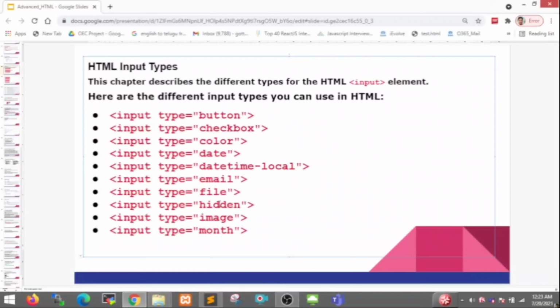We can hide that ID value using input type equal to hidden. Input type equal to image is used for image purpose. And input type equal to month is used for month calendar purpose. And a few more input types are there, I will explain to you in the next slide.